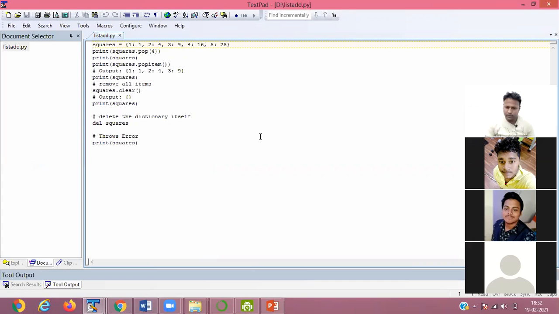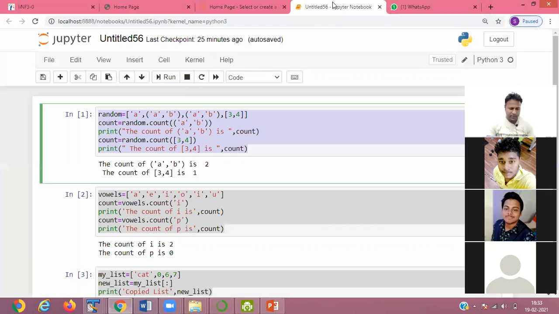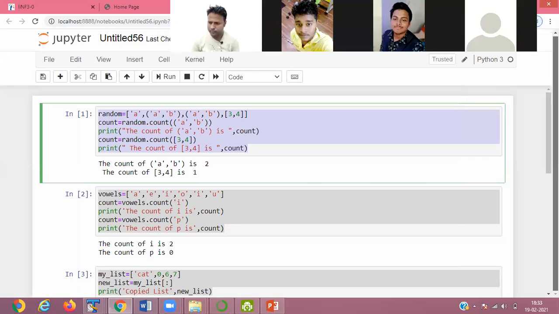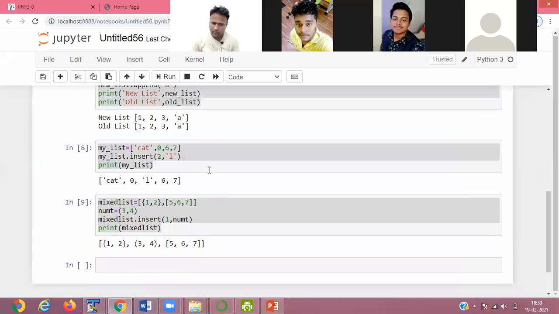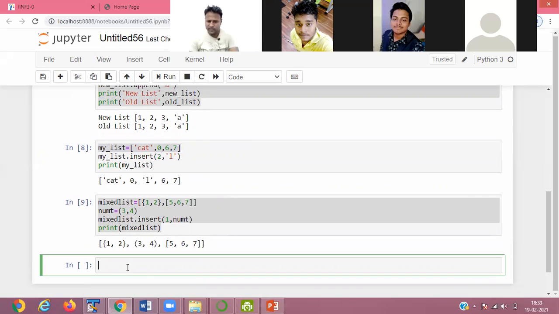Then next, we already know about the append method, so I'll give some other example of append. Suppose I define a list here, a new list.